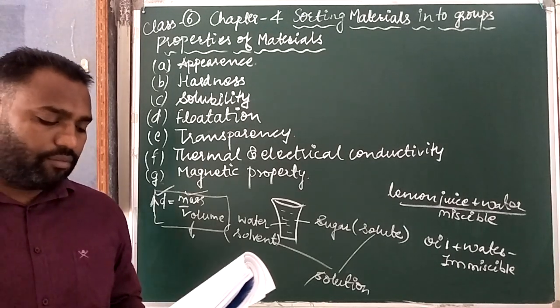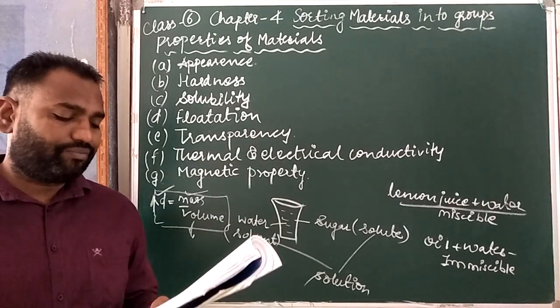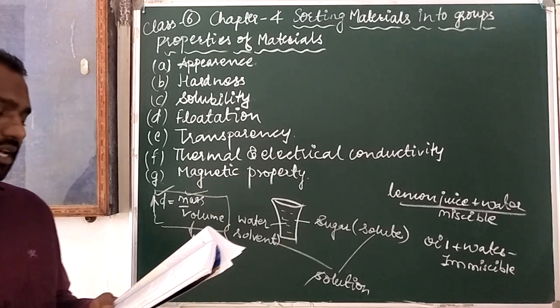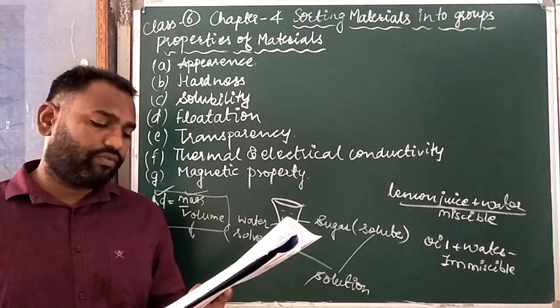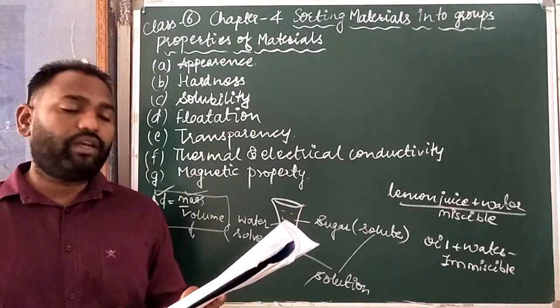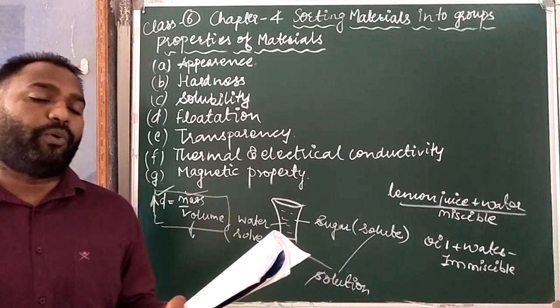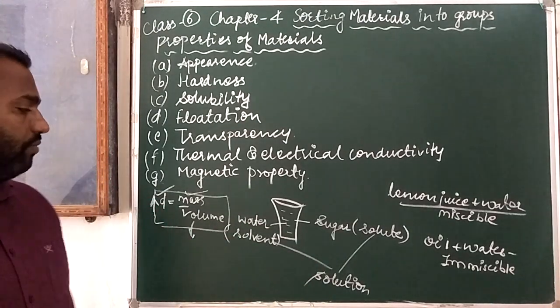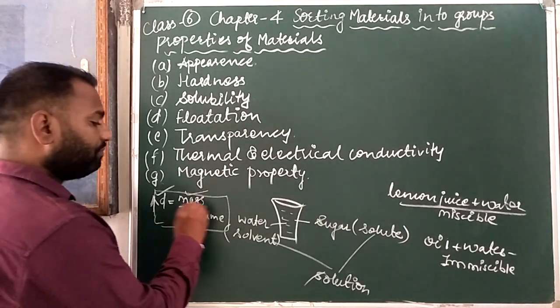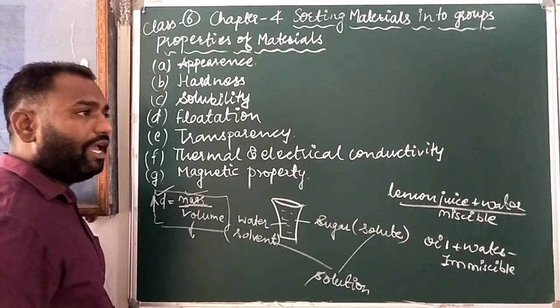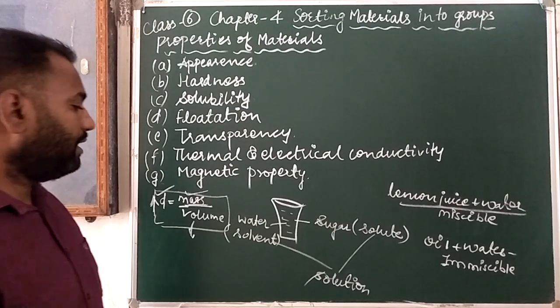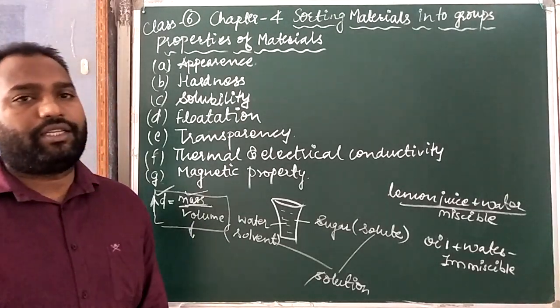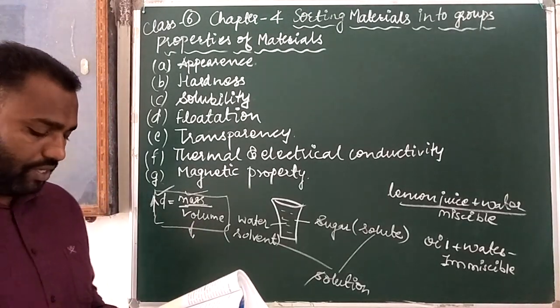In some matter, the molecules are more closely packed together. These materials have a higher density. Scientists compare everything to water, which has a density equal to 1 gram per centimeter cube. So water has 1 gram per centimeter cube, where 1 gram is the mass and centimeter cube is the volume of that container or any vessel.